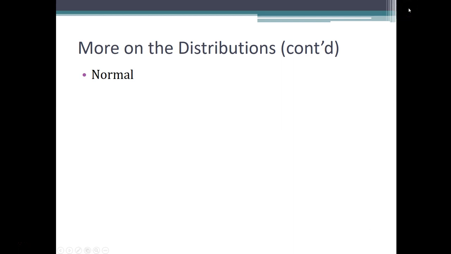Okay, then the normal distribution. Well, for those of you who are education majors, I don't know if classes still did this, but when we were back in school, they taught that all grades should fit a normal curve, a normal or bell curve. This is also called a Gaussian distribution,